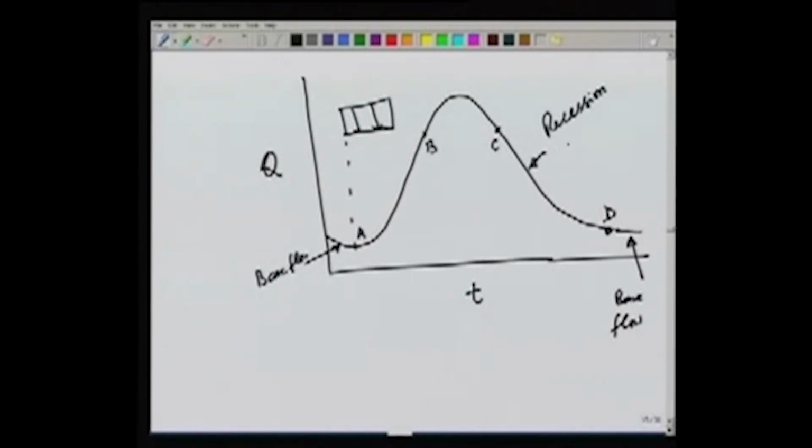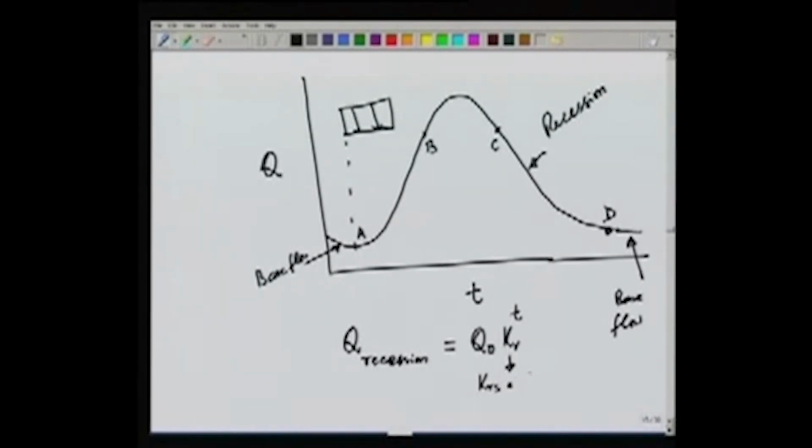So this recession limb is generally affected by 3 different parameters, and what we say is that Q during recession is typically given by a power law, Q0 Kr to the power t, where Kr is dependent on three different kinds of factors: